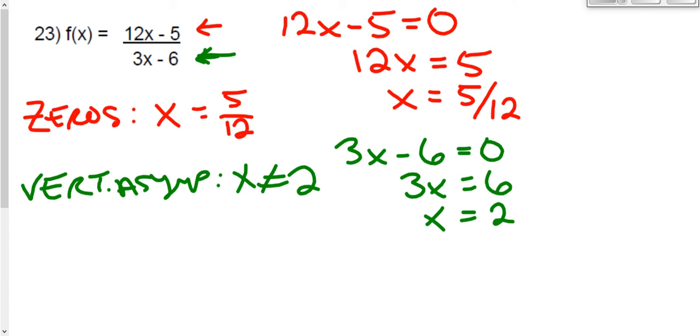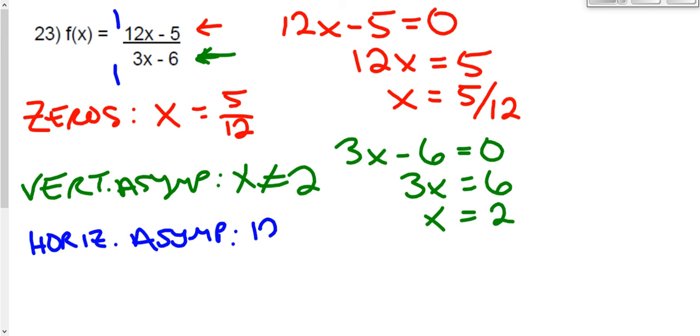Up next is the horizontal asymptote. Again, we have those three cases, and we just have to look at the degrees of the numerator and denominator to figure out which case we have. The degree of my numerator is 1. I have x to the first power. The degree of my denominator is also 1. I have x to the first power, which means in this case, my horizontal asymptote will go toward the fraction